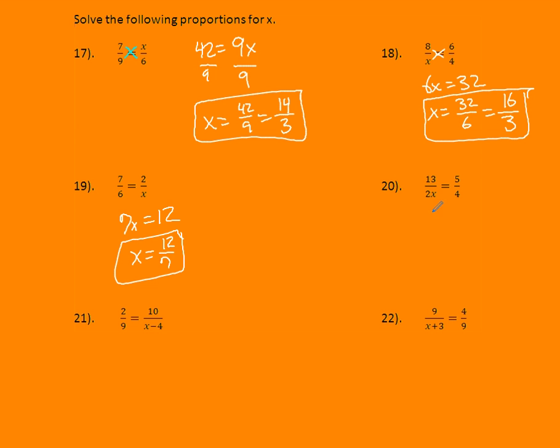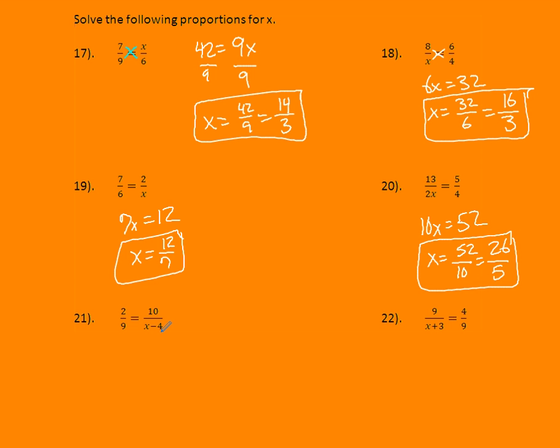For number 20, I'll have 2x times 5 is a 10x. 4 times 13 is 52. So x will equal, when I divide by 10, 52 over 10, which is the same as 26 over 5, another fractional possible answer. 21 and 22 get a little bit more tricky just because we have these,